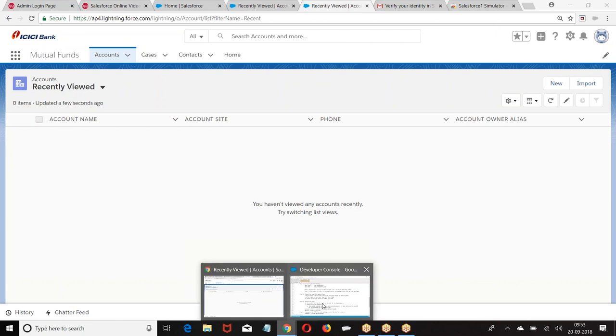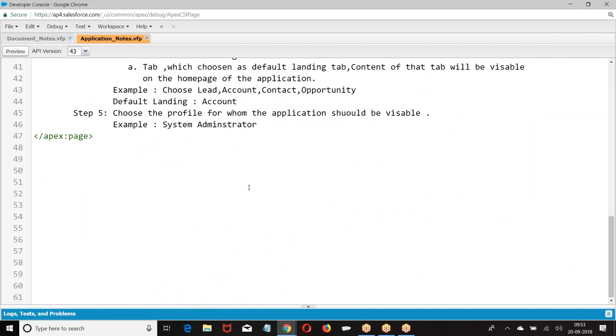So let us see the critical information. When you are going for Lightning, what is the navigation we have?